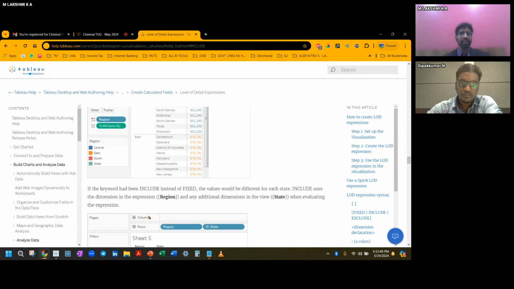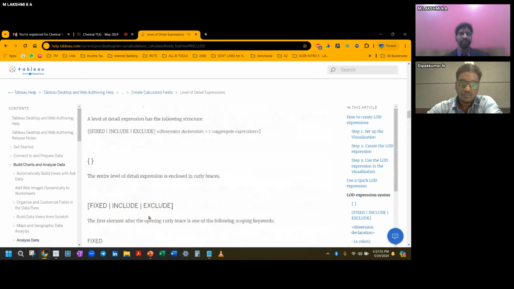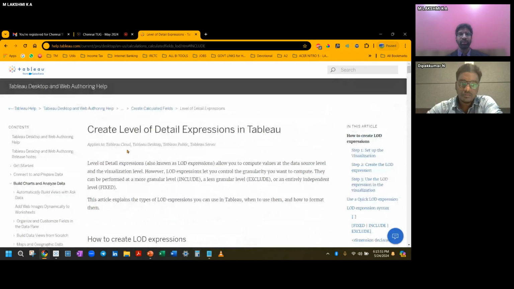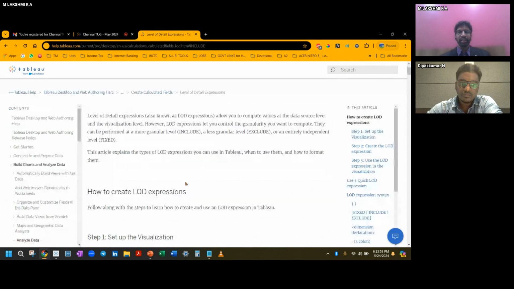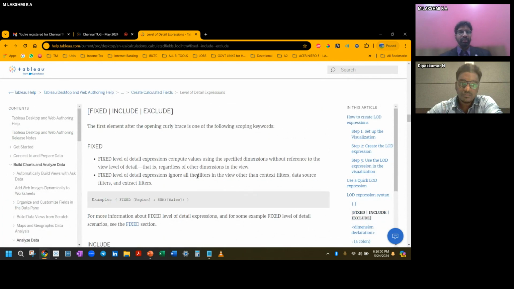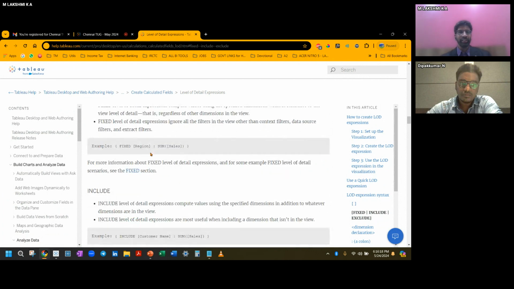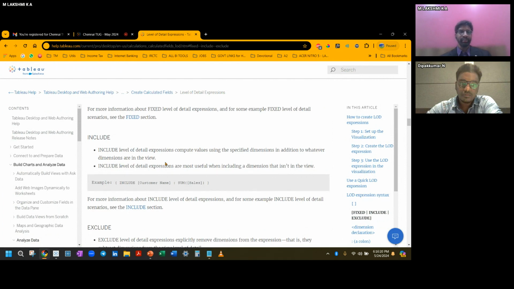And this is the official Tableau page on LOD concepts, where you can go through how to create level of detail expressions in Tableau in a detailed manner. Now, upon including that elephant, some people objected. We don't want it. We cannot have the king's elephant included anywhere. How dare you? So he said, no, no, it's for example purposes that we are adding it. Then he included that elephant. Now it's 17 plus 1, 18.